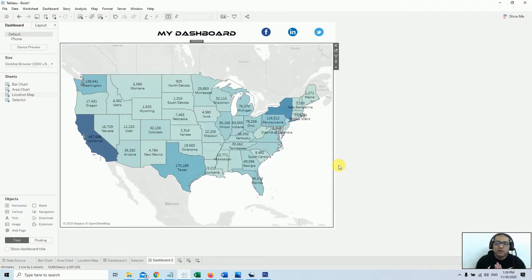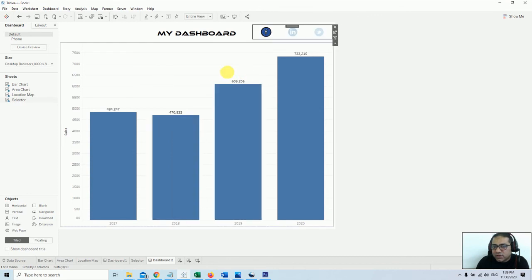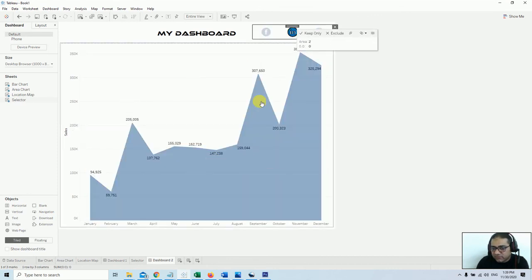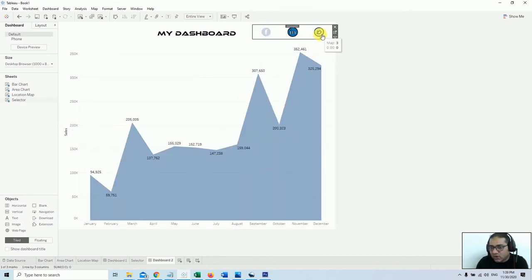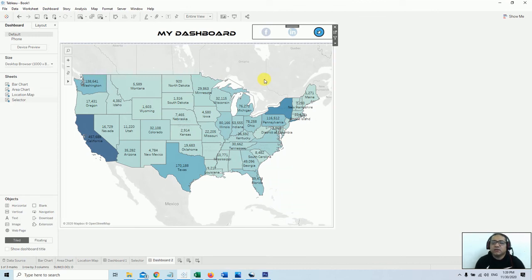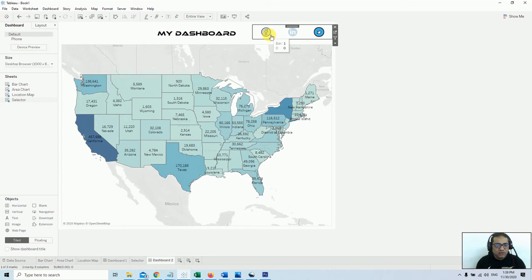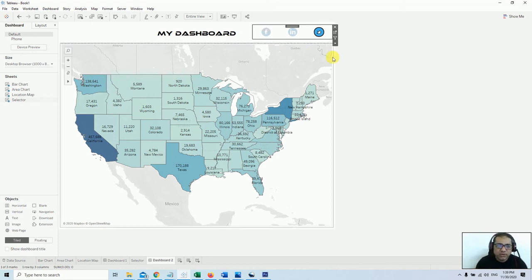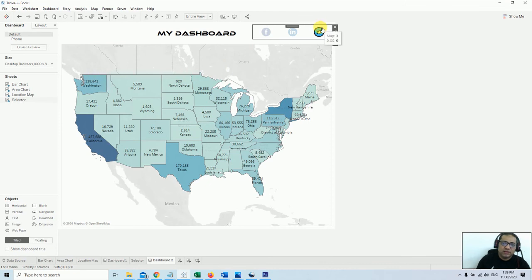Now our configuration has been done, and if you click onto the bar, it will change to the bar. If you click onto the LinkedIn, it will change to the area chart, or Twitter to the map chart. You can name it, you can choose specific icons, you can define the names as well here. It's up to you, totally doable. That's how you can play with this dynamic visibility. And this is the second technique.